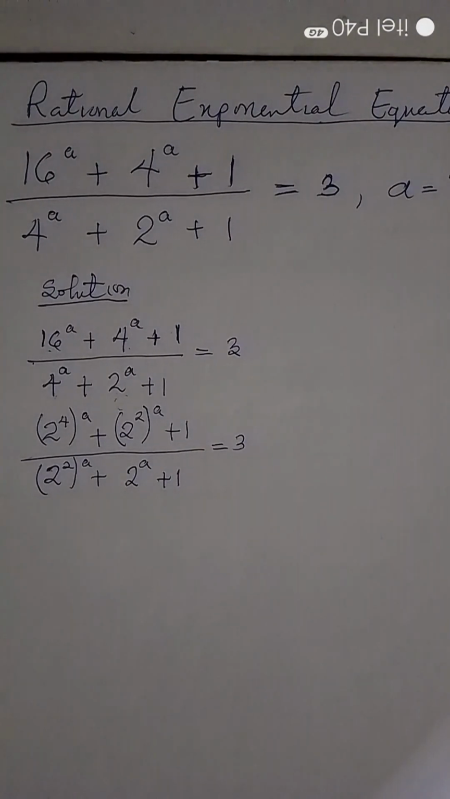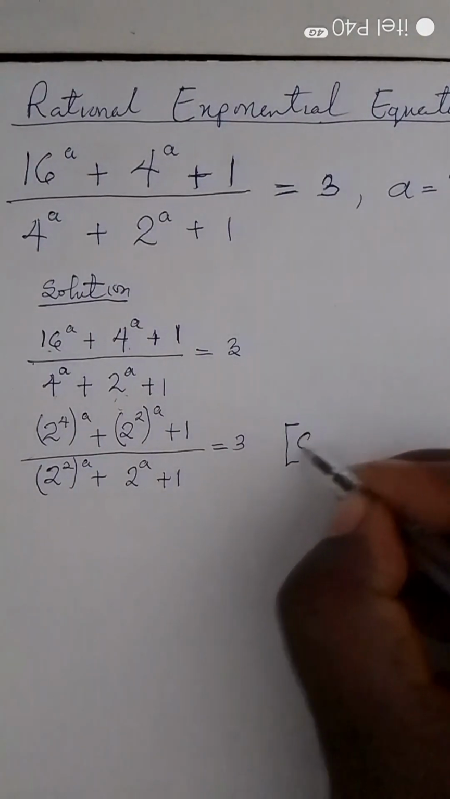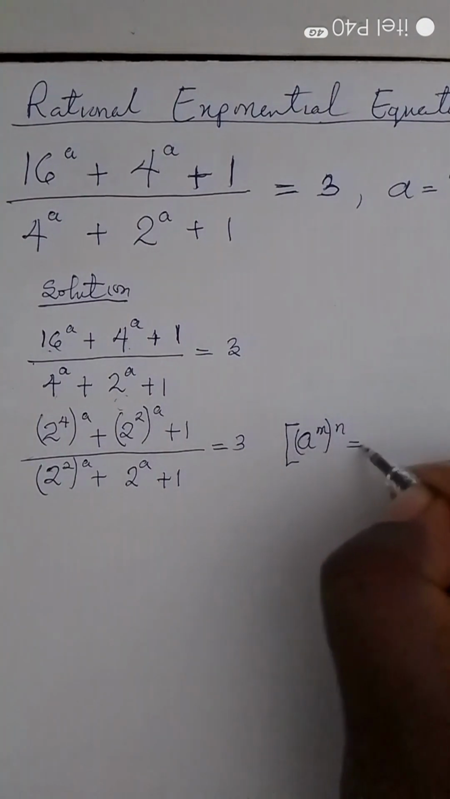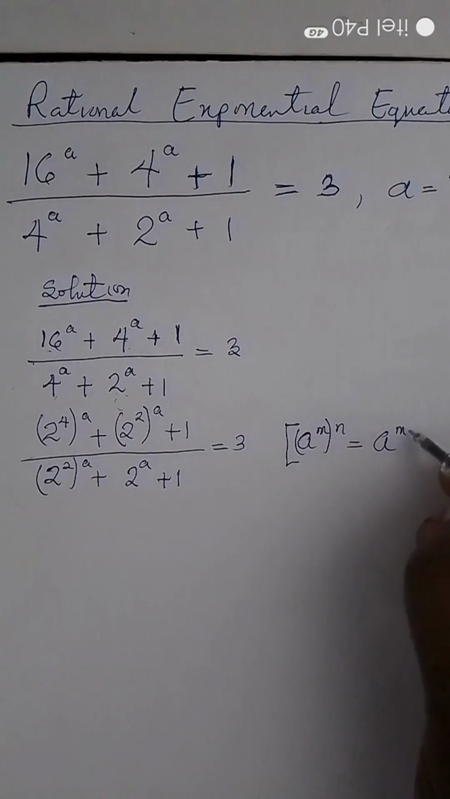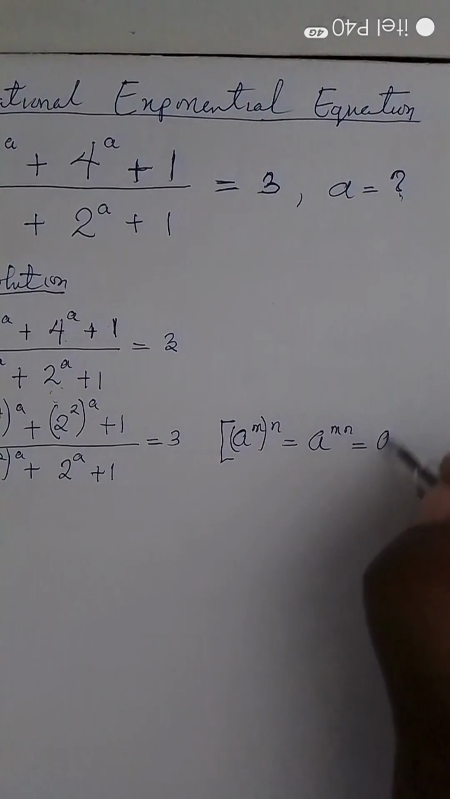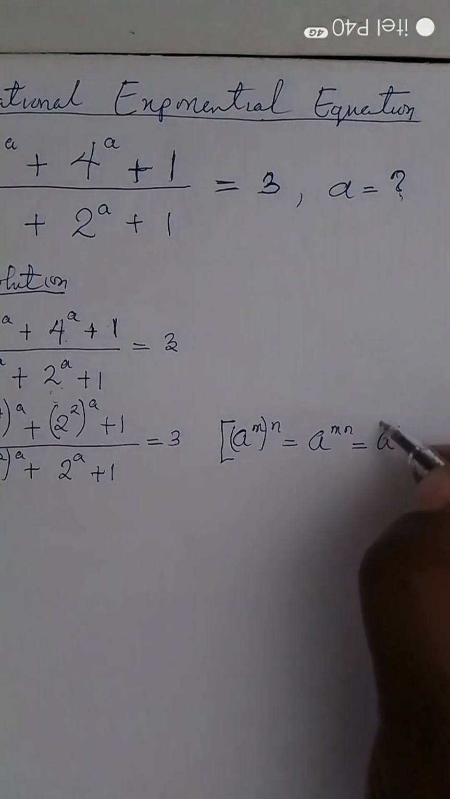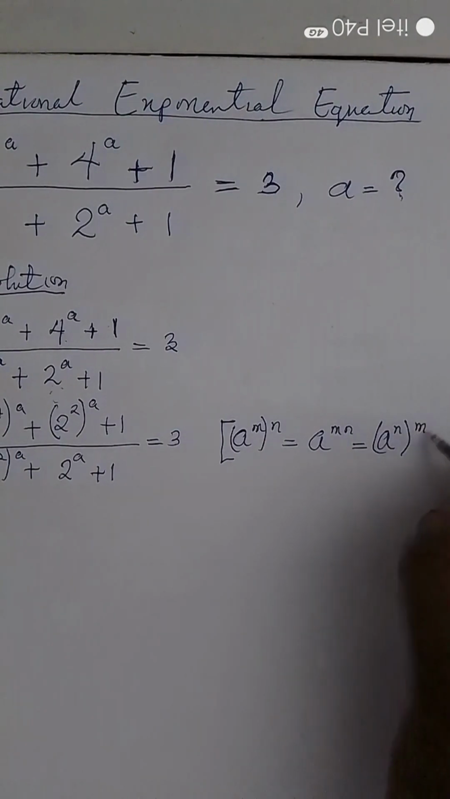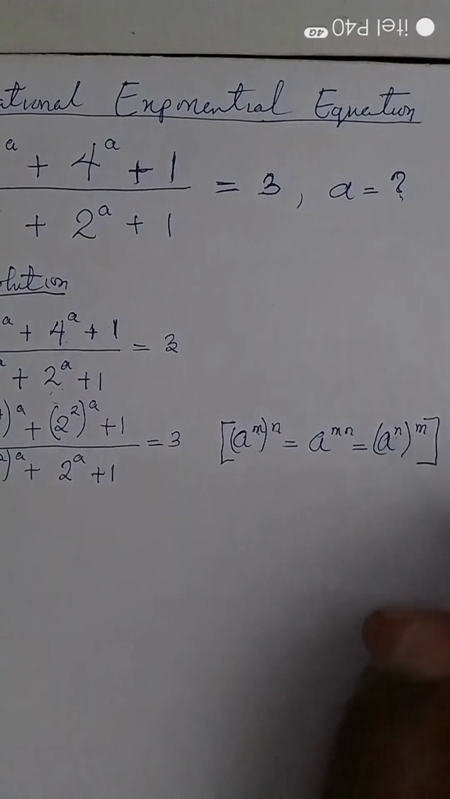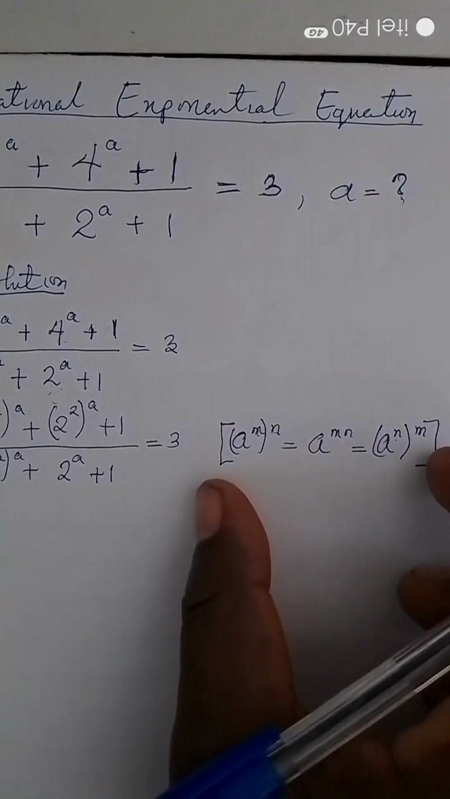The next is to apply this rule of index, where we have a to the power of m, all to the power of n, will become a to the power of mn, which can also be written as a to the power of n, switching the m and the n, all to the power of m. So you can see the switch there, the reversal that has taken place. So in that case, applying this simple rule of indices